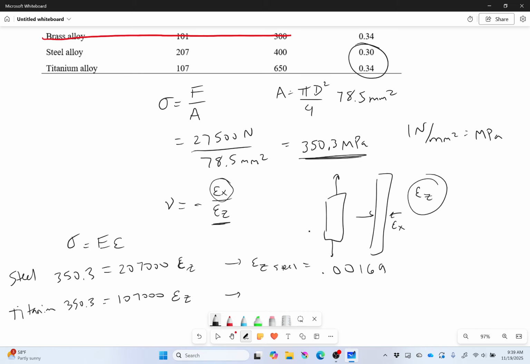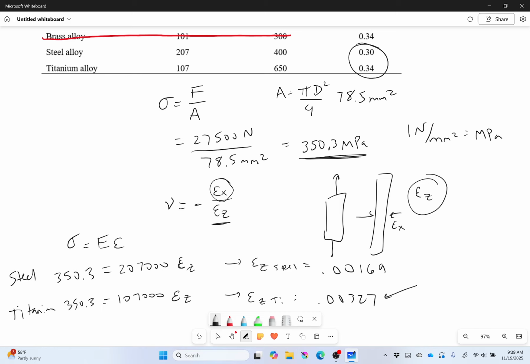Okay, and for titanium, I get 0.00327. Now, right from this moment, I can already say that titanium is not looking good because it strained significantly